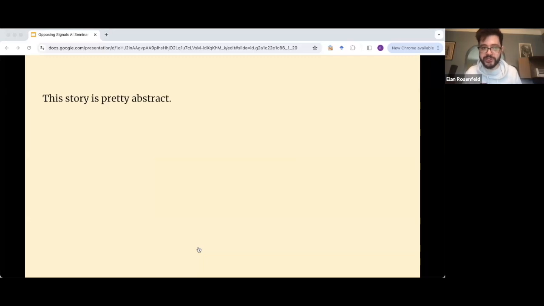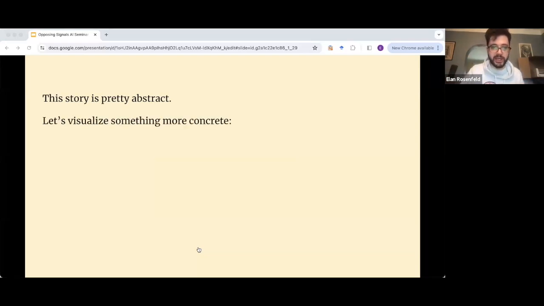Okay, so I realize that the story is very abstract, this idea that you have this growth in the sensitivity of the network to a certain feature. Why should this matter? It matches progressive sharpening, this idea that you have this steady growth in curvature up until you reach the threshold 2 over eta. But let's make it a little more concrete. We can tie it back to our experimental observation